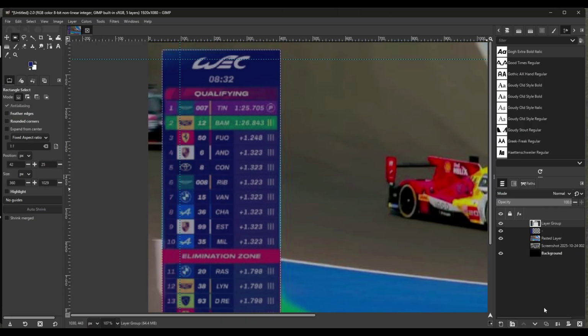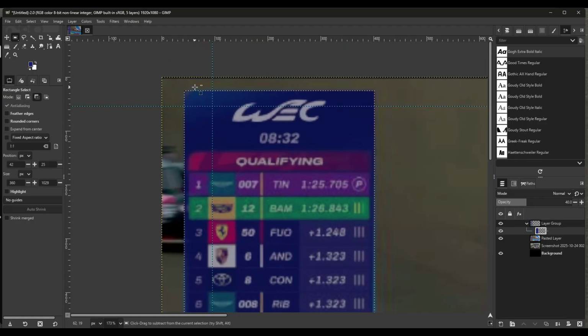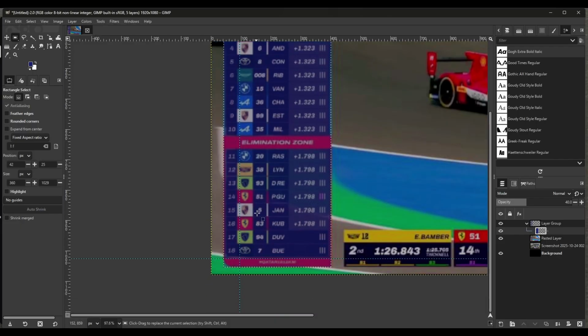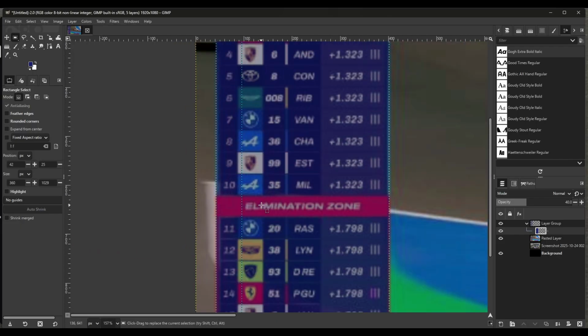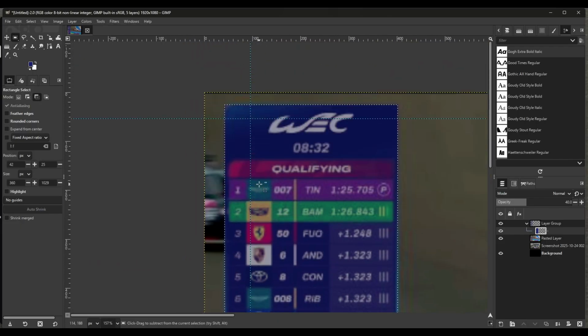I'm actually going to make a group here, so that way I can put this together one by one. You can just hit that new group button, put that group in, and that does that. Next, you see how it has those rounded corners? Now GIMP, I don't remember if this is an add-on or not. If it is, shoot. But GIMP has a